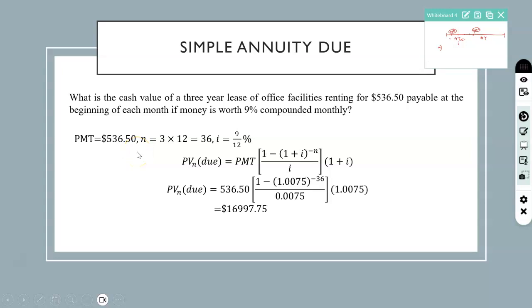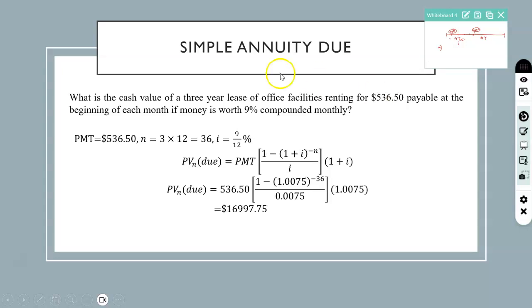So looking into an example, what is the cash value of a 3-year lease of office facilities renting for $536.50 payable at the beginning of each month if money is worth 9% compounded monthly? So here you have to calculate the present value because it's a cash value of a lease of an office, right? So a lease problem will always be the present value. You need to calculate the present value where PMT is